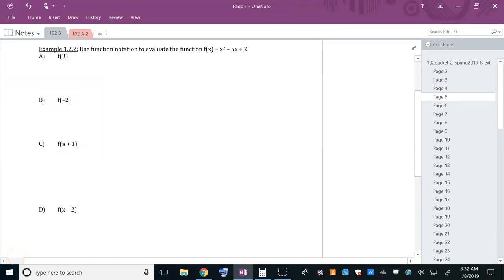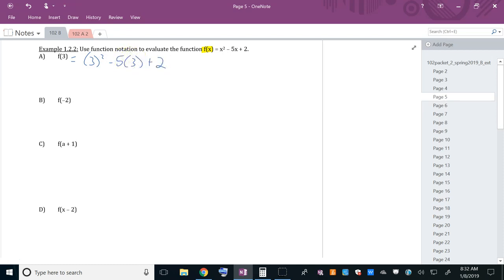Math 102, example 1.1.2. Here we'd like to use function notation. If you see that little f of x, that is our function notation. And when we use it to evaluate, that means we're going to substitute. So if I have f of 3, that means everywhere that I saw an x, I'm going to replace it